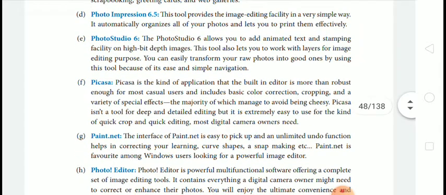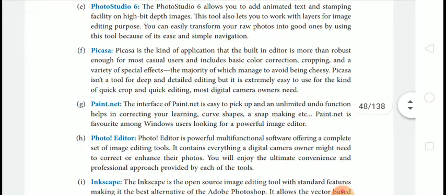Next is Photo Impression 6.5. This tool provides the image editing facility in a very simple way. It automatically organizes all of your photos and lets you print them effectively. Next is Photo Studio 6.